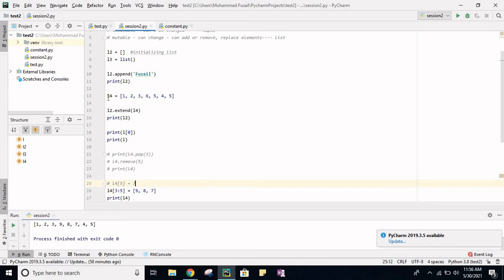So consider this list. Now you want to replace from 6 to 4, you get the index which is 3 to 5. So you are saying 3, get the values from 3 to 5 and assign this new value to those indexes. So it is assigning 9, 8, 7.